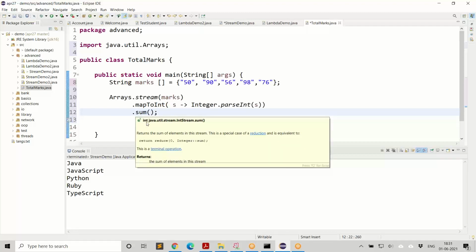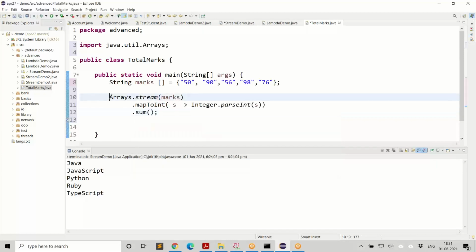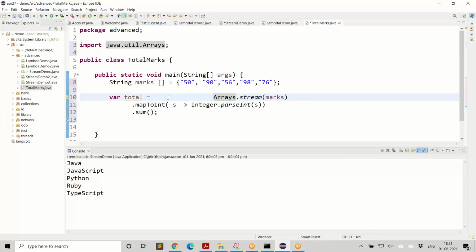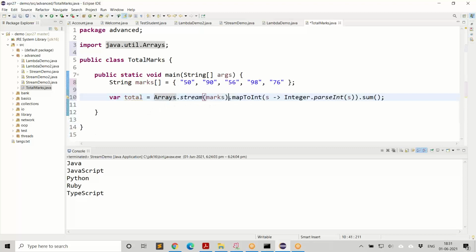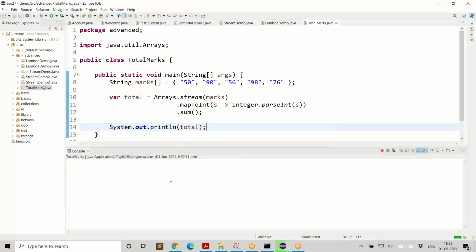But what does it give you? It gives you an integer. There you are. So you can take that into a variable like this. You can put it in this way, or you can just do it in this way. I prefer to put them one below the other. I think that makes it more readable for me. This is what we want. And finally, you print it. System.out.println total. That's it. So if you go ahead and run this program, you're going to see the total for that.